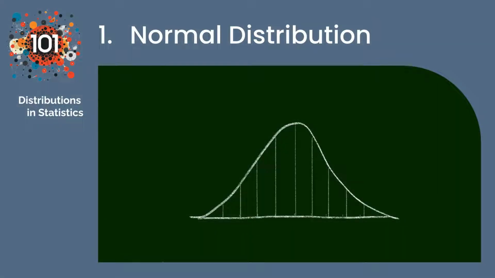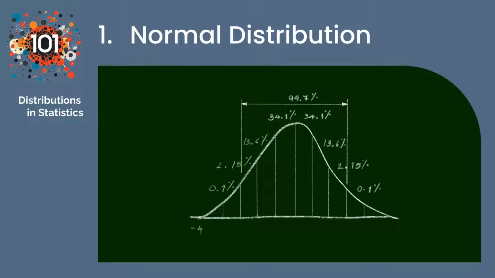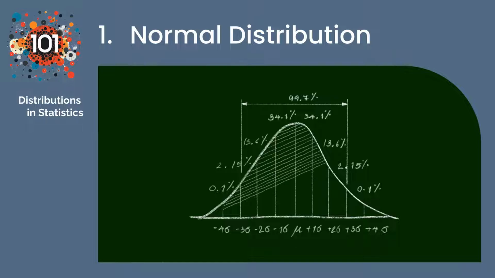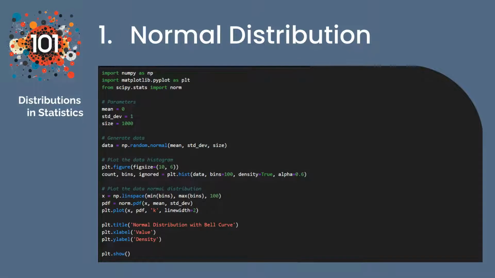The normal distribution, often called the Gaussian distribution, is a symmetrical bell-shaped curve. It's one of the most common distributions you'll encounter. Many natural phenomena follow this pattern, such as heights of people or measurement errors. Let's see one example where we generate data following a normal distribution, and the outcome is a visual representation of